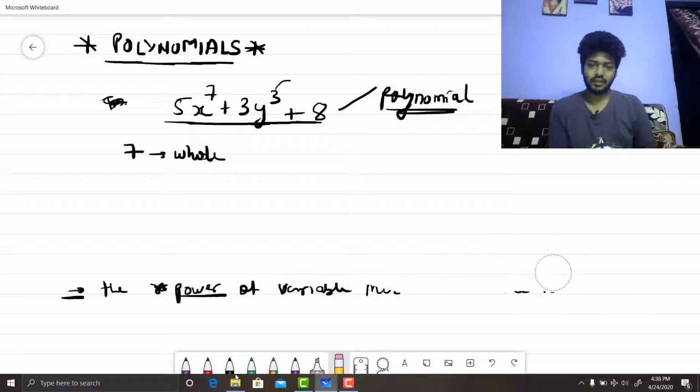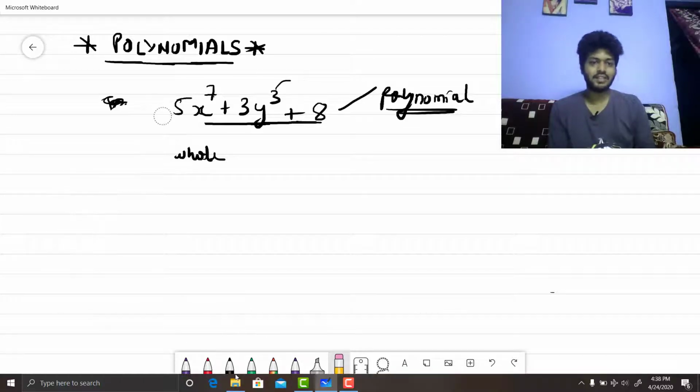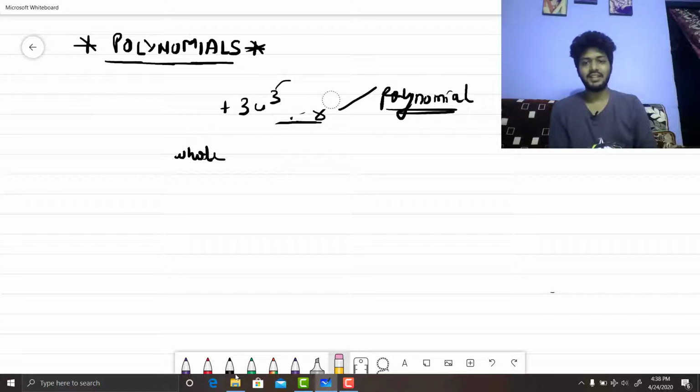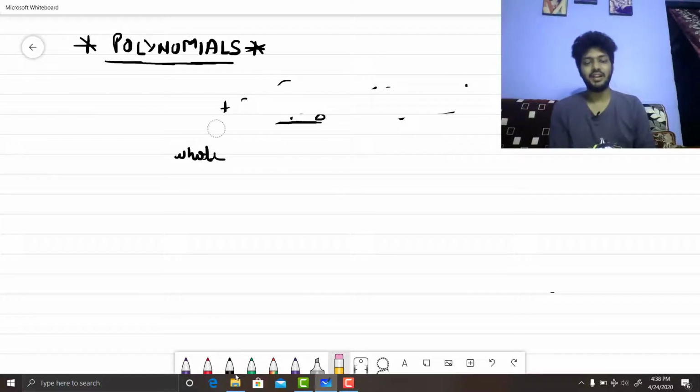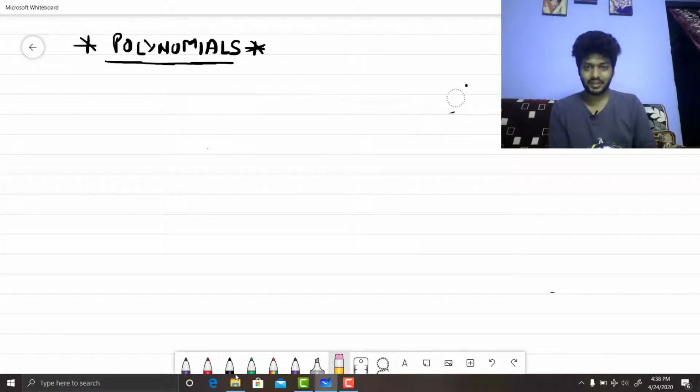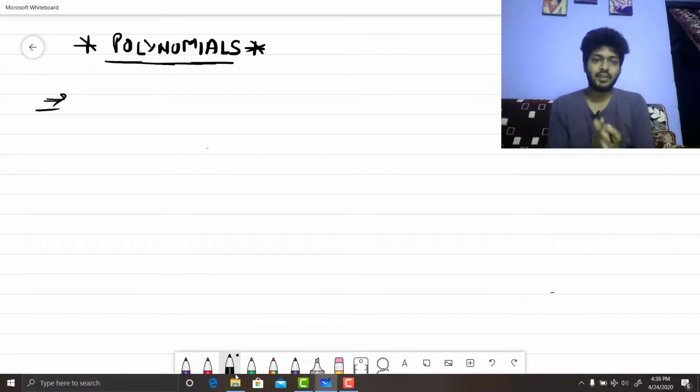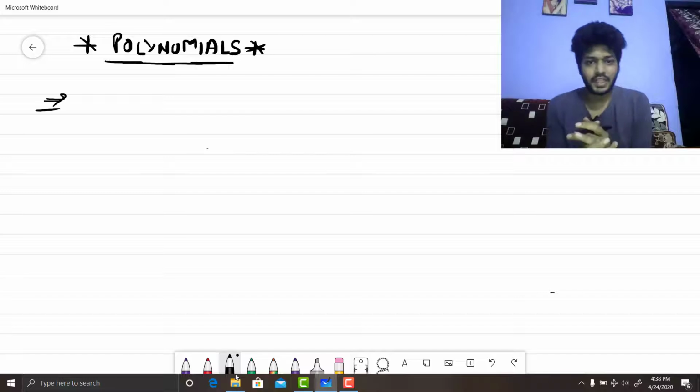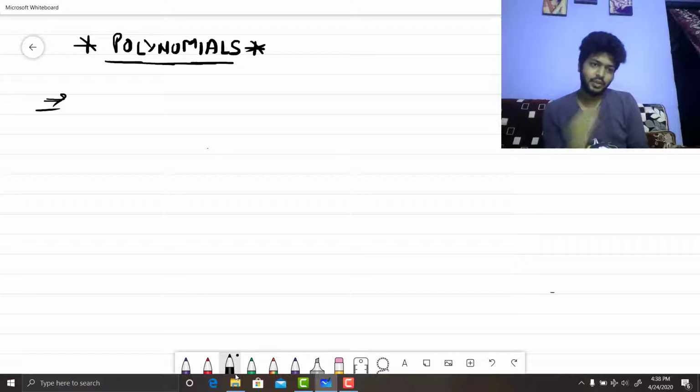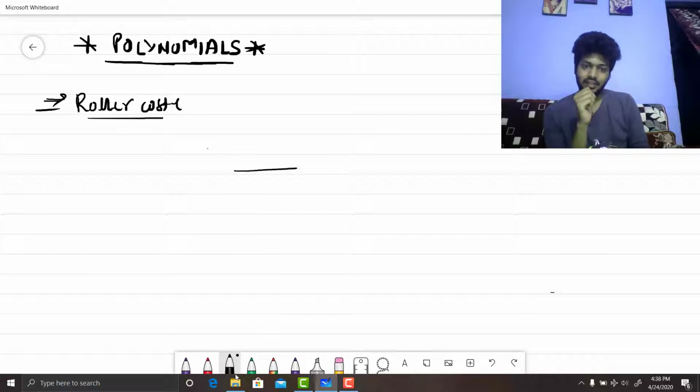Very often when I teach this chapter, students ask me, sir, what is the utility of this? Why are we studying polynomials? First we learned algebra, now we are studying polynomials. It's not very difficult to understand, but let me give you a different perspective. What do you think might be the use of these equations? Apart from solving the word problems given in the book, have you ever seen a roller coaster? I'm sure many of you would have taken a joyful ride in that.